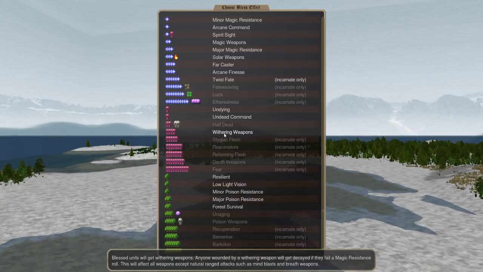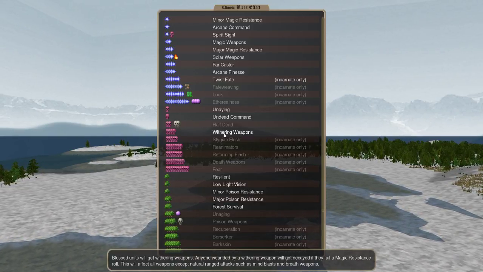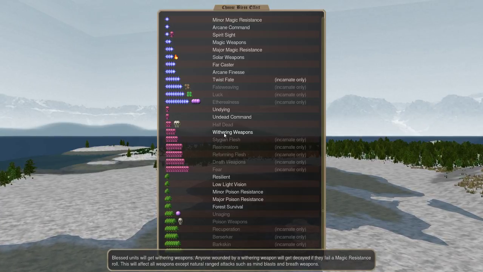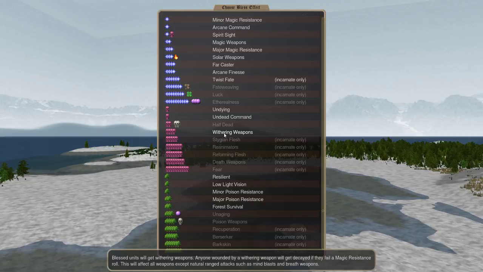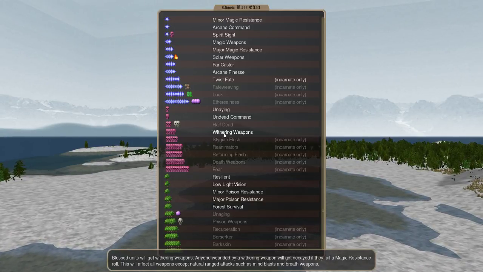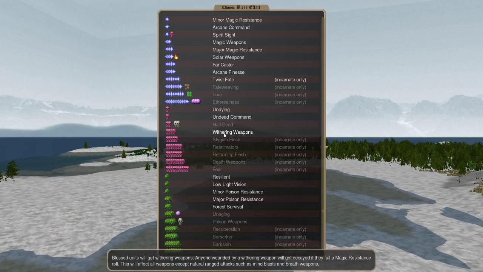So Withering Weapons is kind of interesting. If we had multiple nations with decent sacred archers, or a nation with recruit-anywhere sacred archers, this might be a lot more interesting to have. It's a very good ability. Battles really have to drag on for a long time for this to be useful, but it has amazing attrition